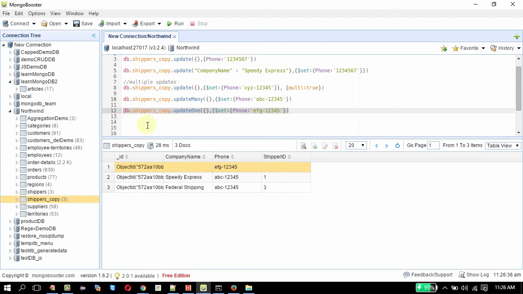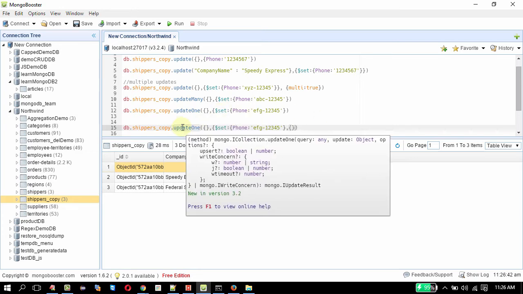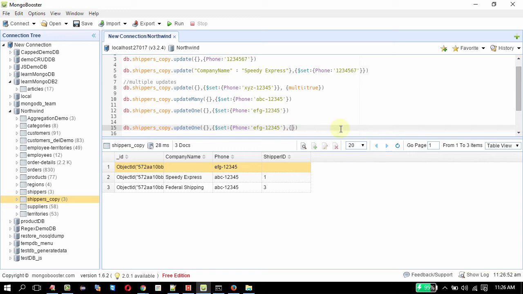Let me copy this because it also has the upsert option. Syntax. If you watch the screen, you can see the upsert option in the third parameter. Let me do that. Upsert true.